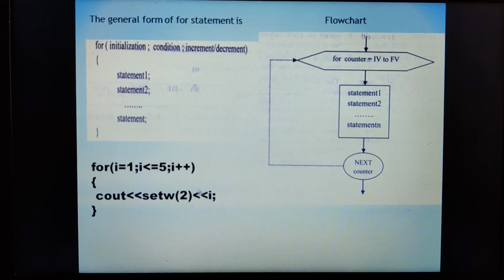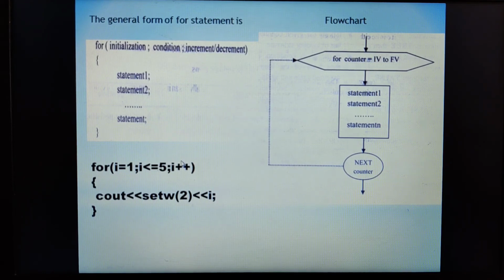That means 1 is printed. Again, after that, the loop gets iterated or repeated, and it comes to the third part. Understood? I gets incremented. So the I value will become 2. Initialization will execute only once; control will never come back to this. Control comes to the condition. I becomes 2. 2 is less than or equal to 5. Yes, the condition is true. Once the condition is true, immediately it will enter the loop and execute this statement. 2 will get printed. Again, the control jumps to the increment or decrement operator.